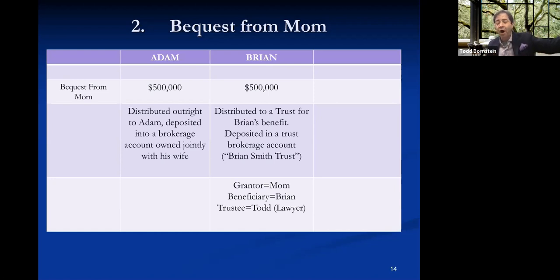Mom didn't want Brian to be able to use the money as Brian wanted. Brian has creditor issues and Brian's a spendthrift. And mom thought that if she died and she left the money to Brian, he'd blow it all. So instead, she created a trust that I manage, and I will dole out money to Brian as he needs it, but I'm the trustee and I have control over how the assets are managed and how they're distributed to